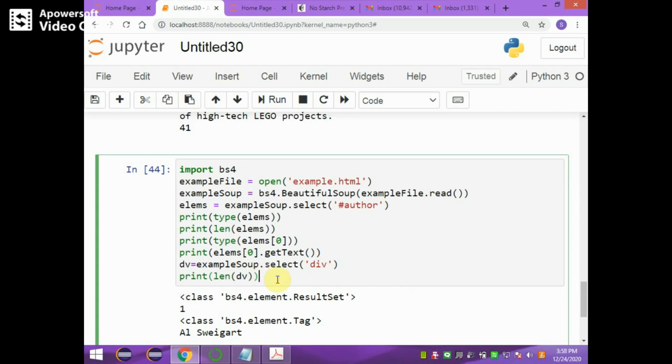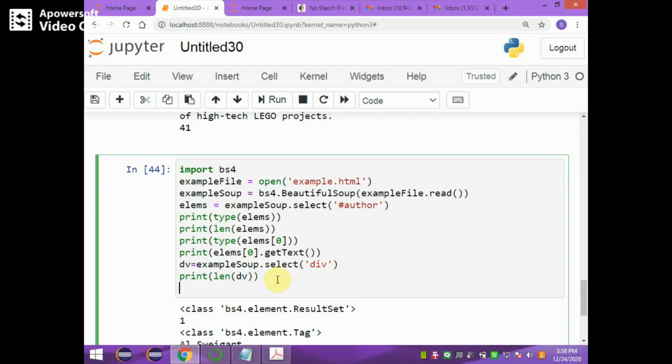And then print div of 0 dot get text, and run.